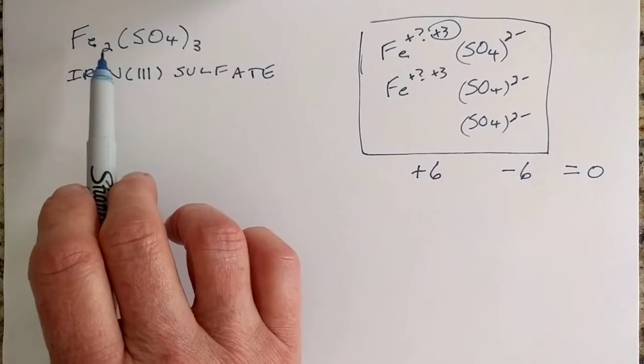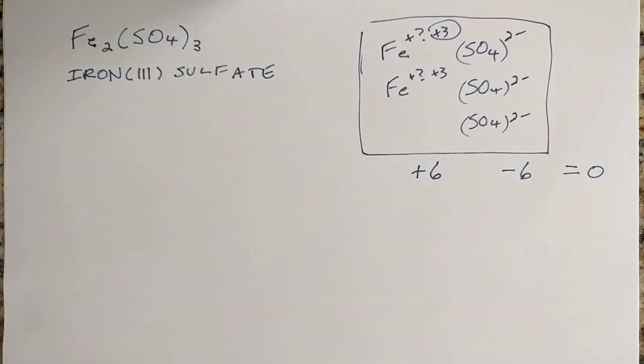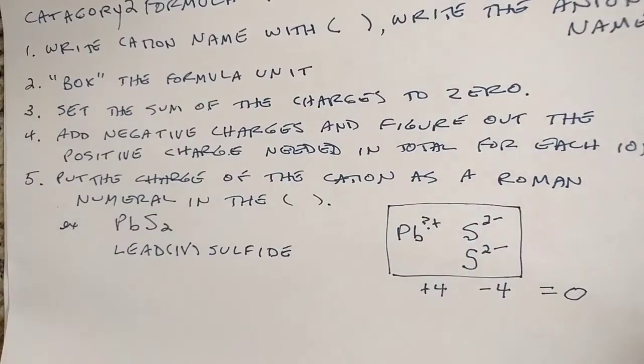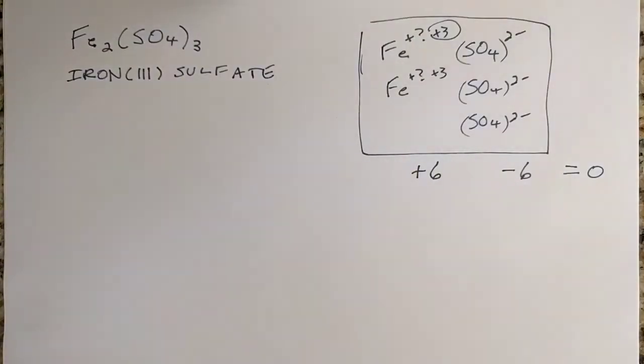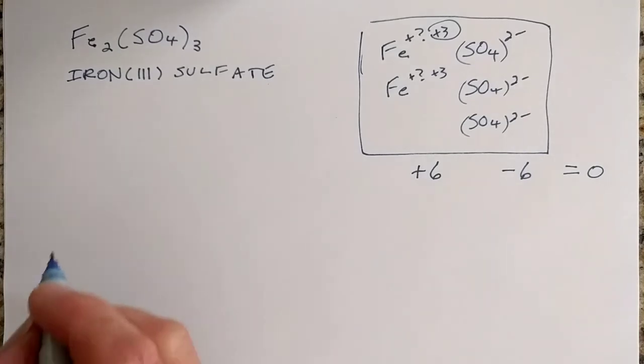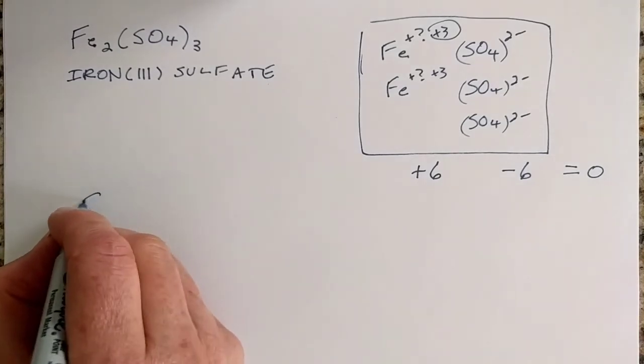And you might think you can just cross up the charges backwards like we did yesterday, but if you go back to this previous example, that does not work. That does not work. You won't get lead 4 sulfide. All right, let's do another example of this, and we will do